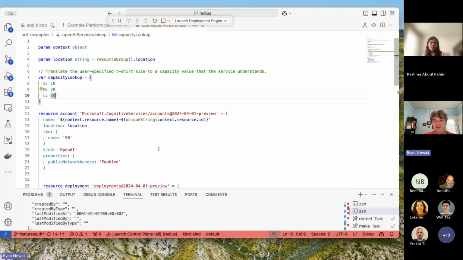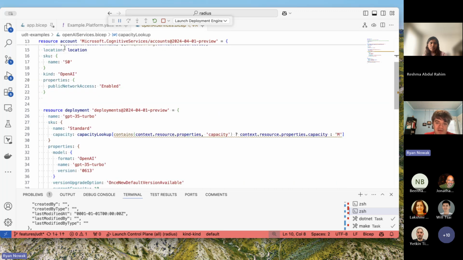So the anatomy of a recipe is like this. Step one, you get some data from Radius. That's this context object. And Radius is going to tell the recipe a bunch of operational stuff. And that could be like, this is the VNet you're on. This is the VPC you're on. This is where you should send logs. This is the Kubernetes namespace you can put things in. So we don't want to hard code that data in the recipe, because then the recipe may not be reusable. Recipes are designed to be reusable and shared. That's why we pass data in.